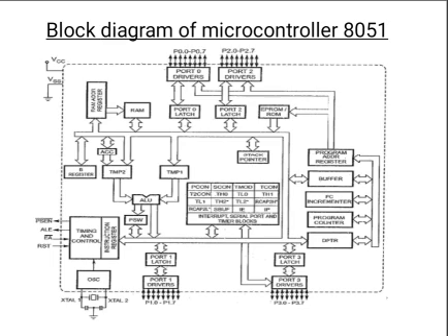This is the block diagram of microcontroller 8051. The 8051 microcontroller has an 8-bit data bus and a 16-bit address bus. A bus is a group of lines using which data transfer takes place from one location to another within a system. There are two main kinds of buses, the data bus and the address bus. The data bus is used to transfer the data and the address bus is used to transfer the information, but not data.